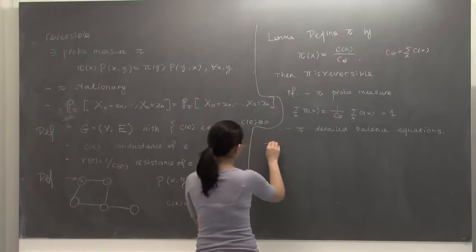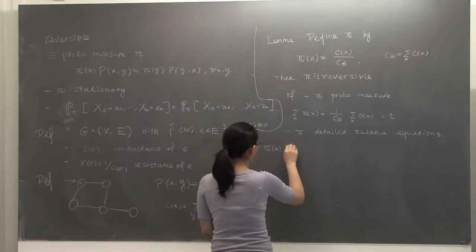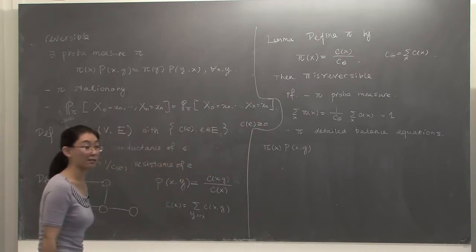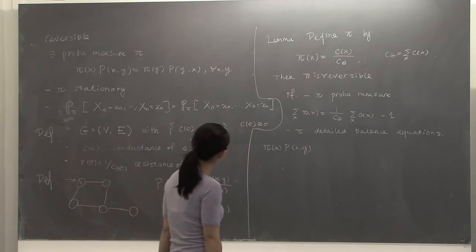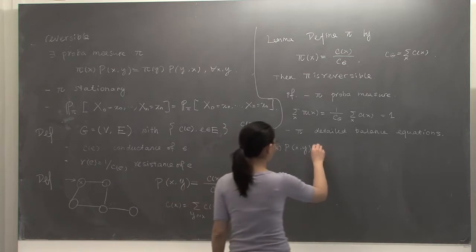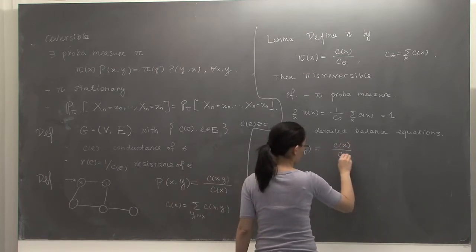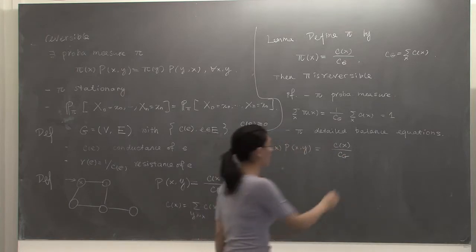So we need to show that pi x times pxy equals pi y times pyx. So now let us check what is pi x times pxy. So by definition,